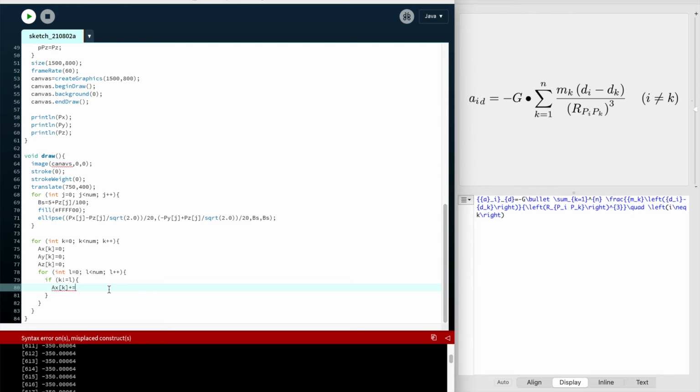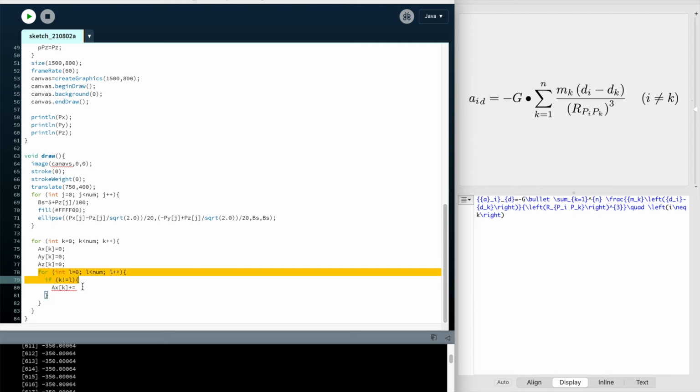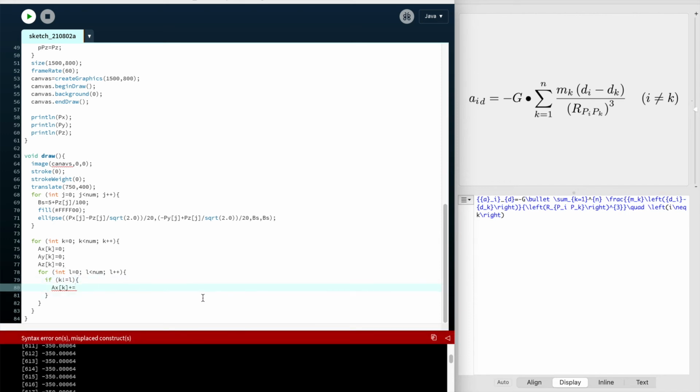So we're adding on to the acceleration by running this for loop over and over again to compare the specific value of k to all values of L from 0 to none. So ax of k plus equals minus, when we look at this equation, minus mass times